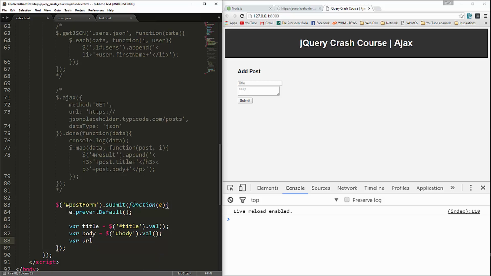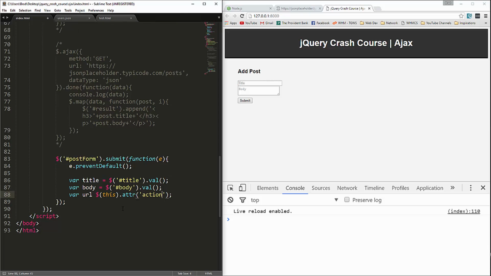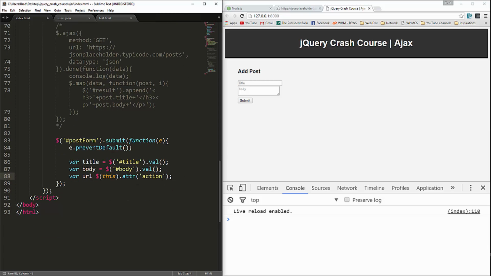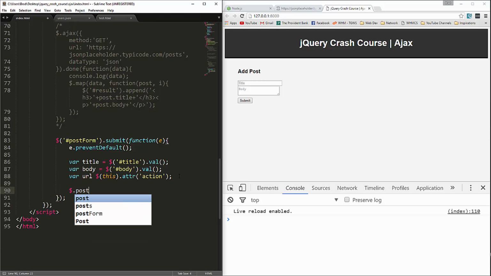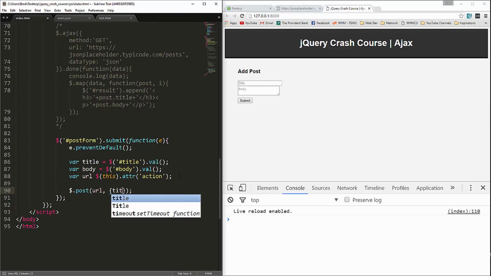Remember, that's in the action attribute. So what we can do is we can say this because we're talking about the actual form, and then we want the attribute of action. Alright, then what we're going to do is we're going to use the post function. Just like we have get, we have dot post. Alright, and then here we're going to pass in the URL, and then the values we want to send along, which will be title. Okay, send them as an object, like that, and then we're going to say dot done,